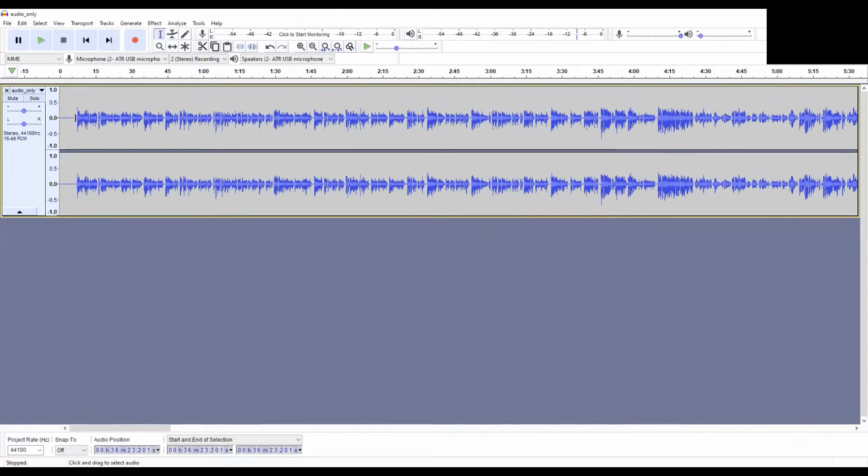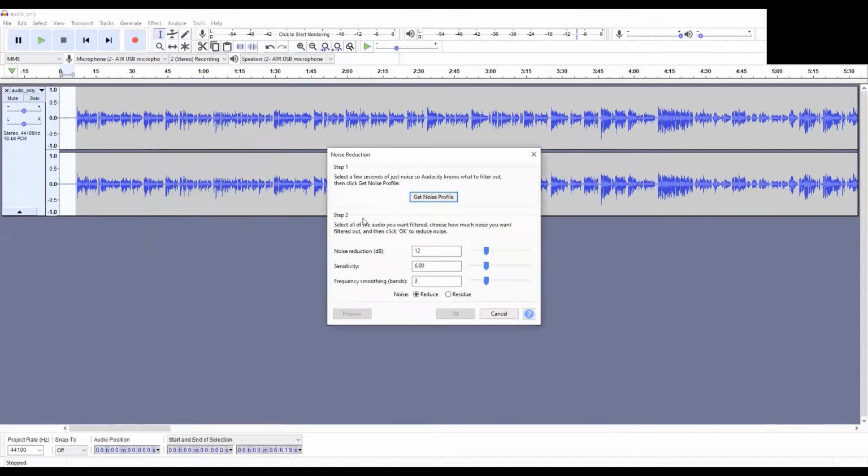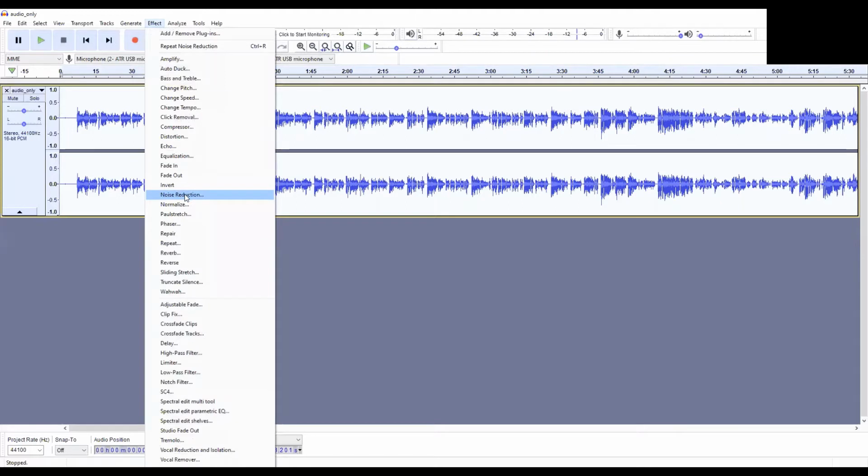Now from here, I'm going to select these few seconds here at the beginning, and I'm going to come up here to Effect. And I do the same thing on every episode, so I kind of have my system down for the editing. So Effect, I'm going to come to Noise Reduction. You get the noise profile, which is basically pulling this area that I highlighted. And then I'm going to do Control A to select all of it. I'm going to go back to Effect, Noise Reduction,